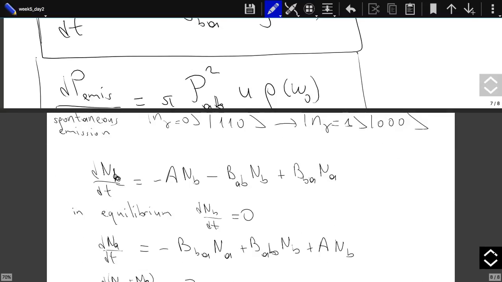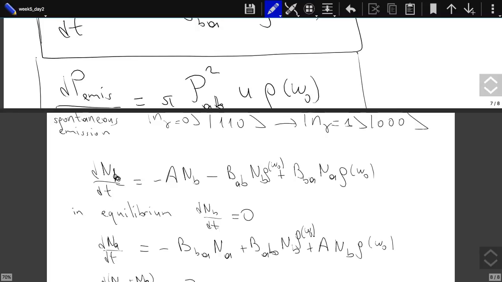You see, the rate of absorption or the rate of emission, we had seen that they are both proportional to the density of the radiation with frequency omega 0. So here we have rho omega 0, rho omega 0, rho omega 0, and rho omega 0. So basically, if you want to have stimulated emission or stimulated absorption, you should